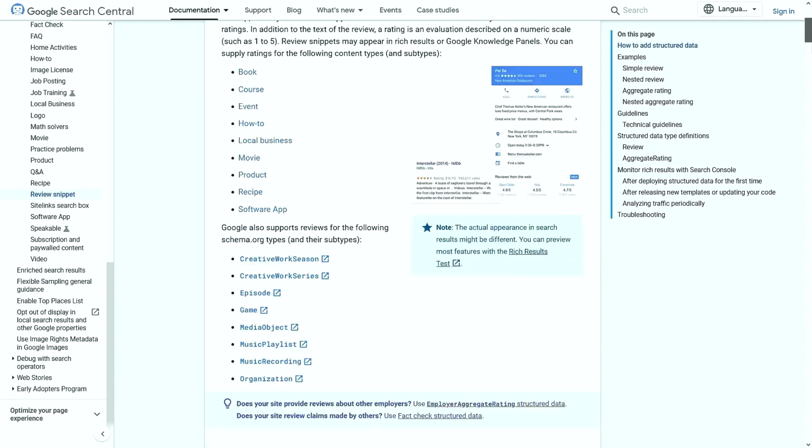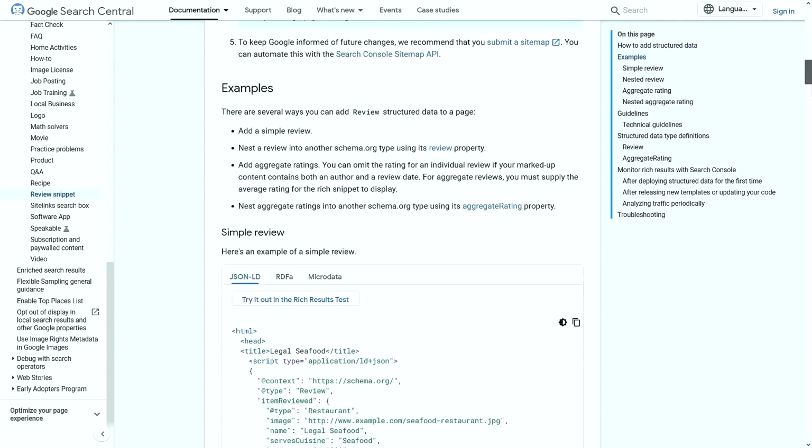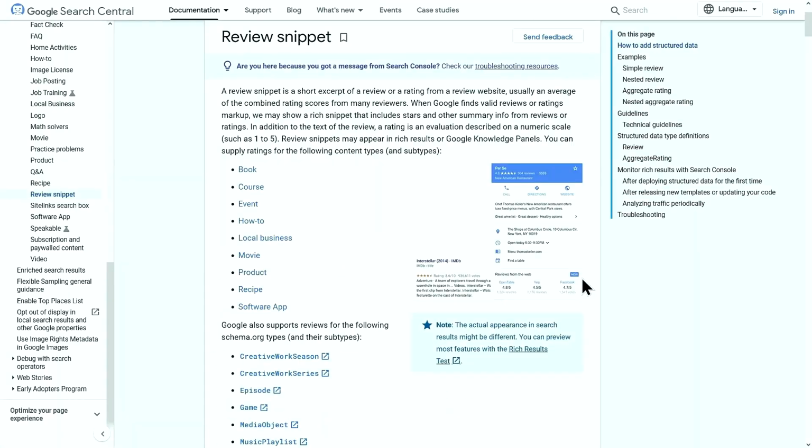There is a lot of information here, but I'll just go through the important points so I won't be wasting your time. If you want to go into more details, we have left a link to this document in the description. Now, the point to make here is that in the past, there was an independent review rating schema and you can practically add that schema to any pages on your website and it will work, but that has been scrapped. The new guideline is that the review schema is now nested under one of these schema markups, which makes